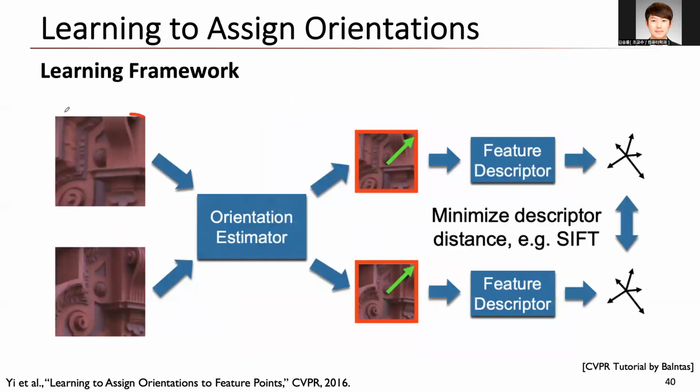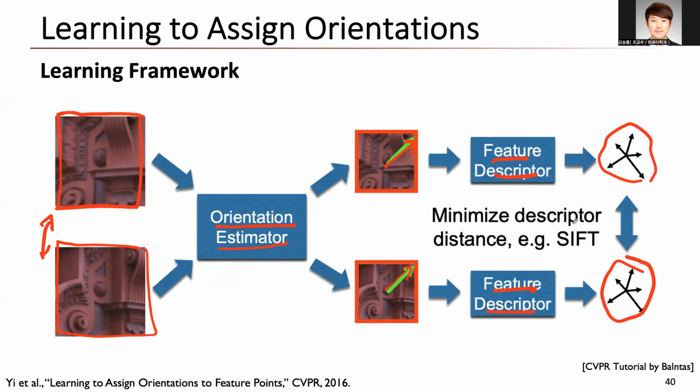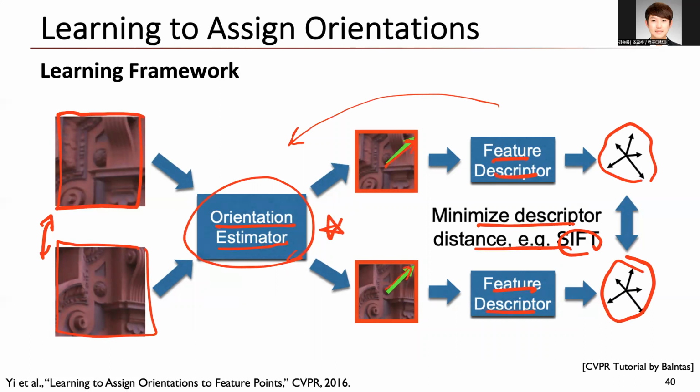We already know these patches are similar. Then, using the orientation estimation network, they generate the dominant orientation, normalize to the same direction, extract the feature vector, and define the matching loss function, for example like SIFT or DeepDesc, whatever. By backpropagating the loss gradient to the orientation estimation, we can find a good orientation for the image matching